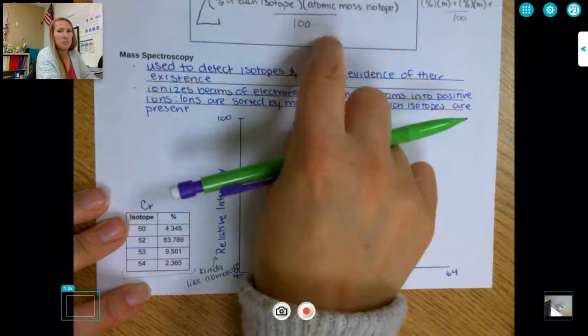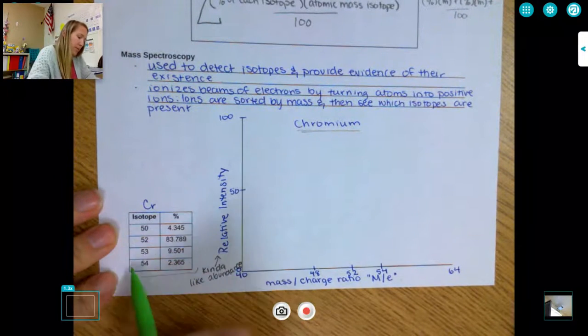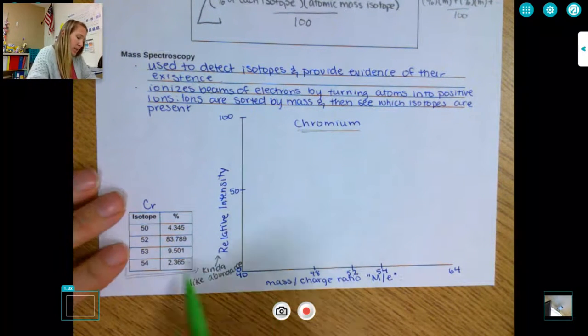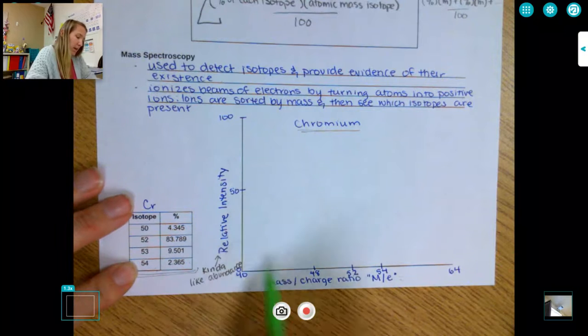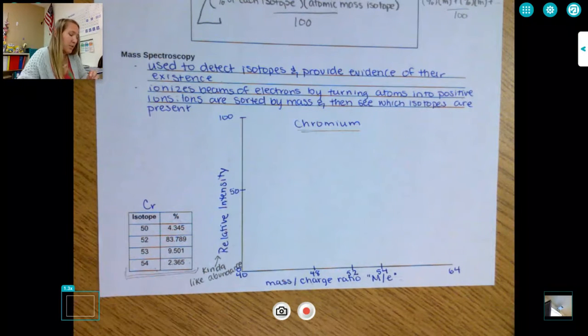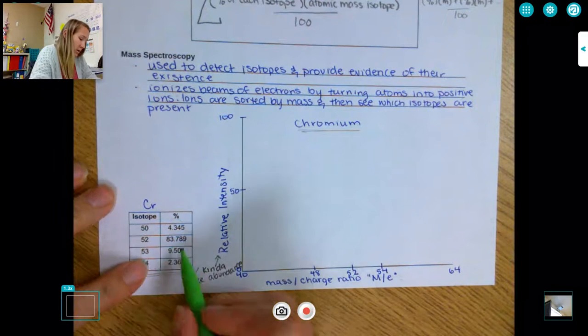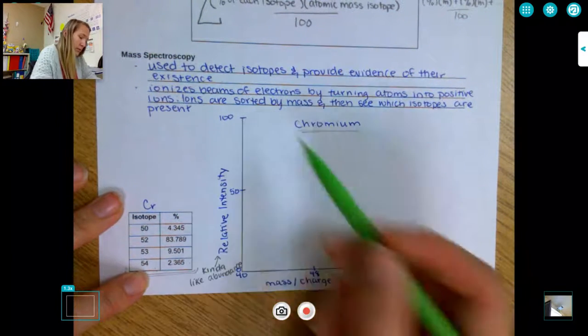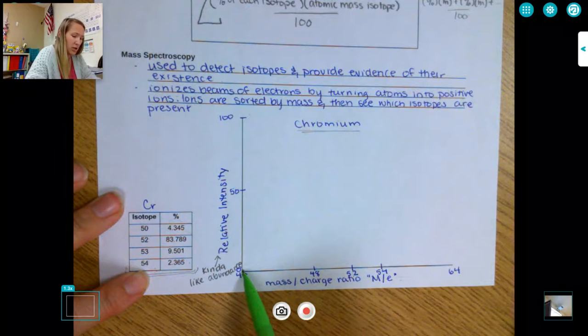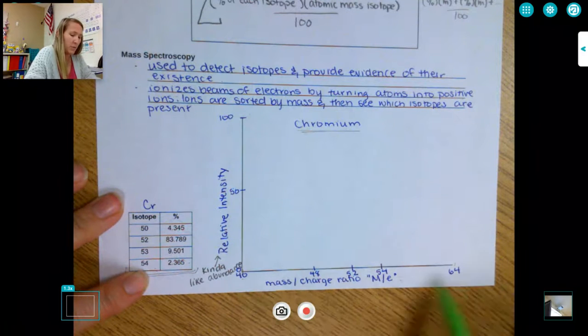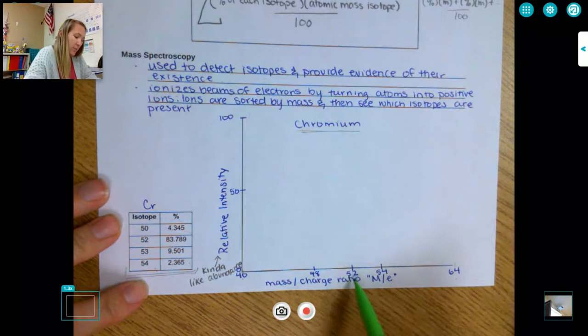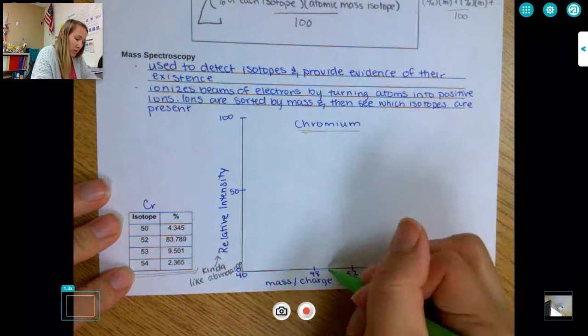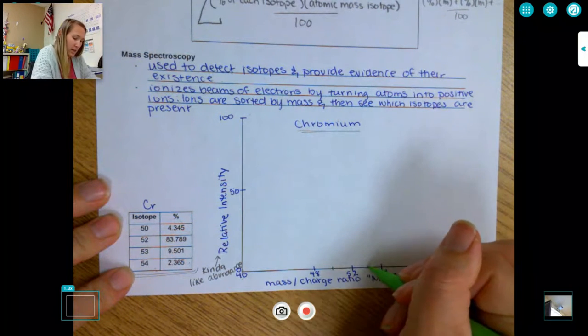Which is what we've used before up here. So from this data, we can see that we have 4 different isotopes and differing levels of relative intensity. So I have here from 0 to 100, and then I just took a chunk out of my x-axis from 40 to 64, putting 52 in the middle, going down to 48 and 54. So this is 50, and then